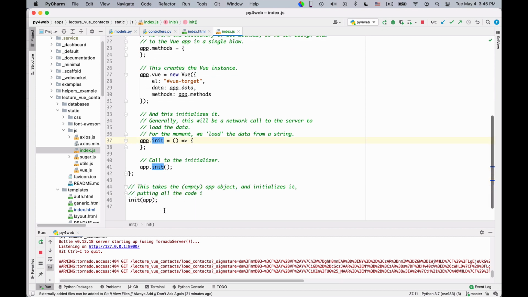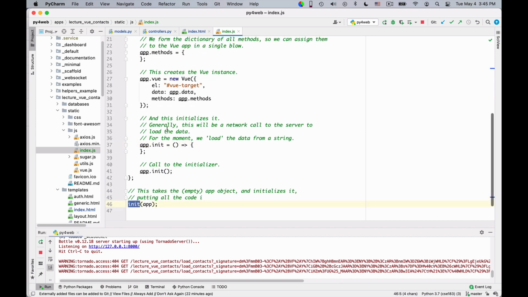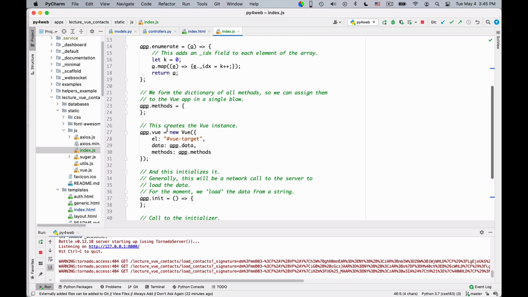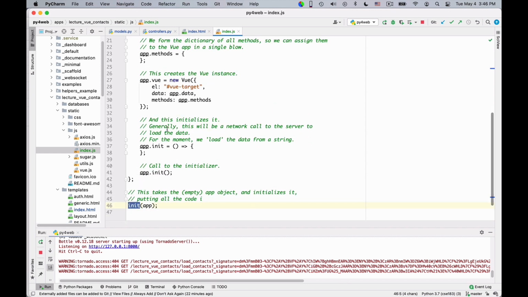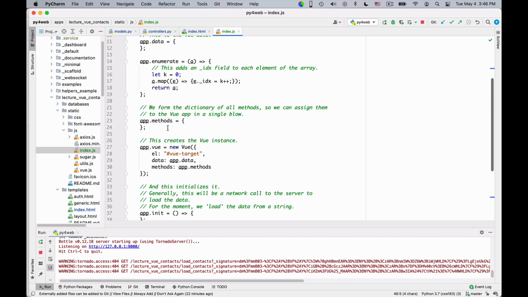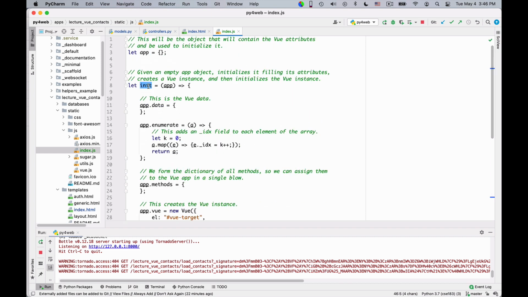And then we call the init method of this app that essentially gets everything started. So we call this method that takes the app and initializes it. So at the moment there is really nothing in it.